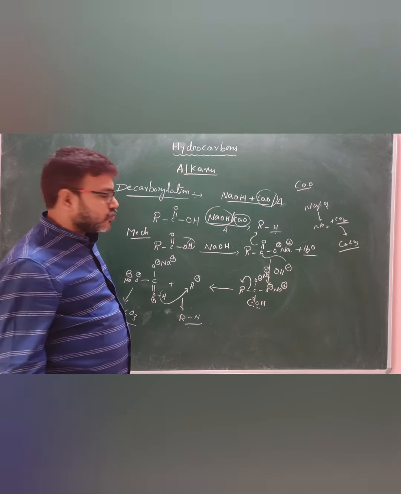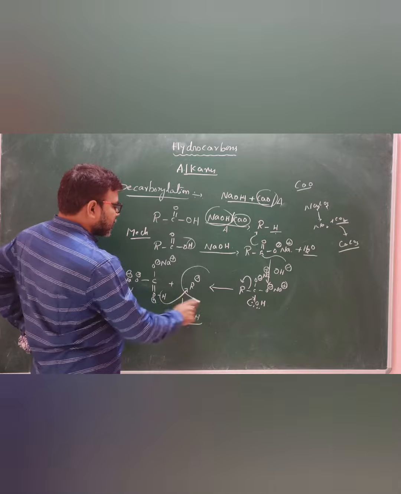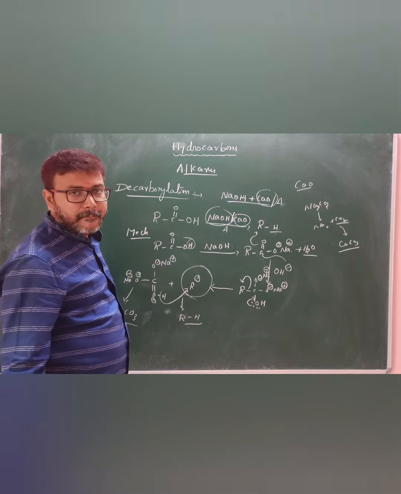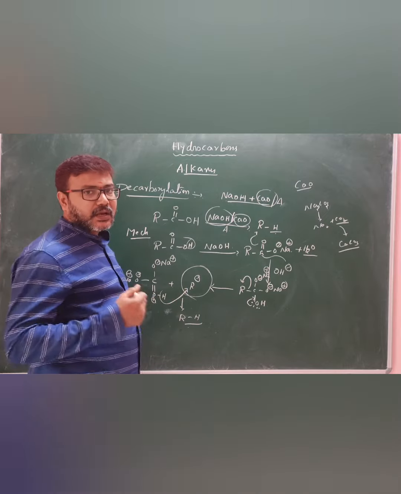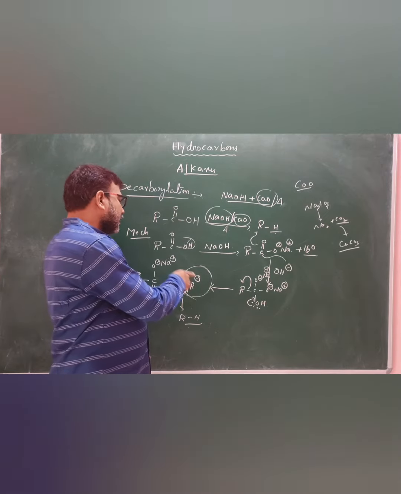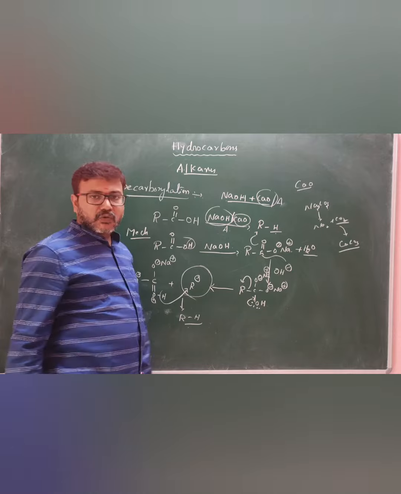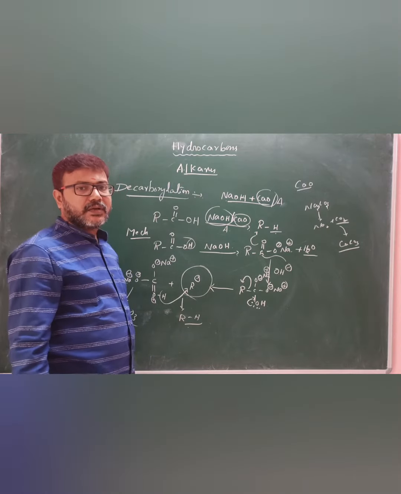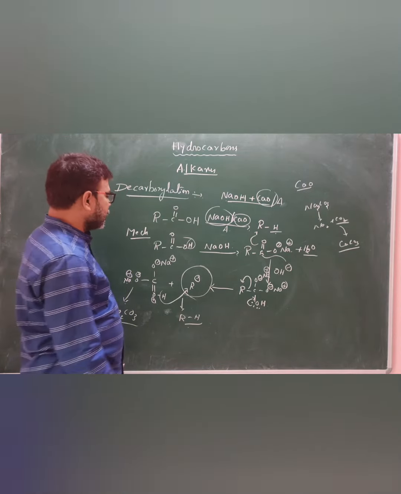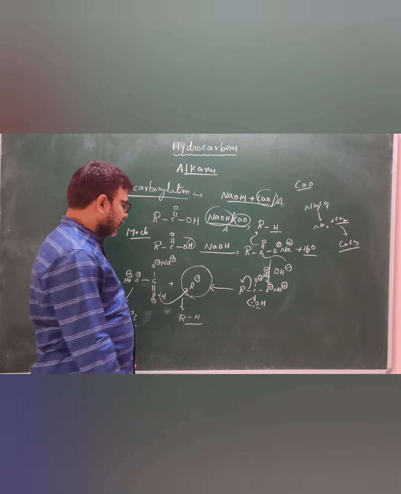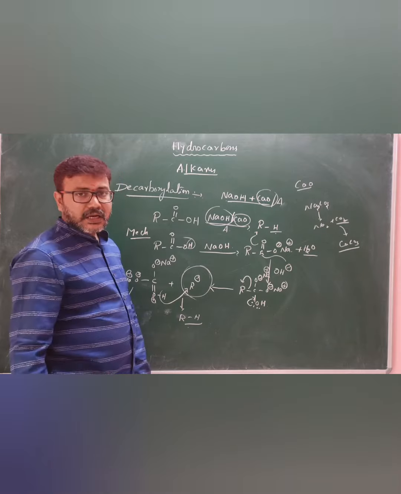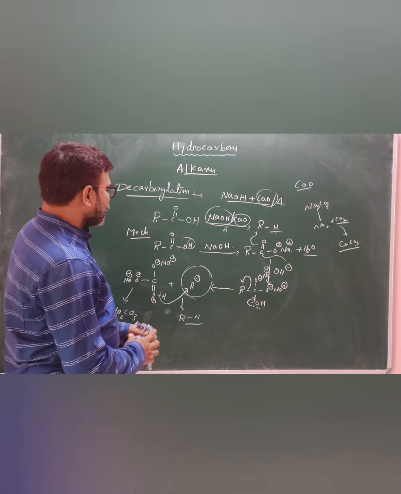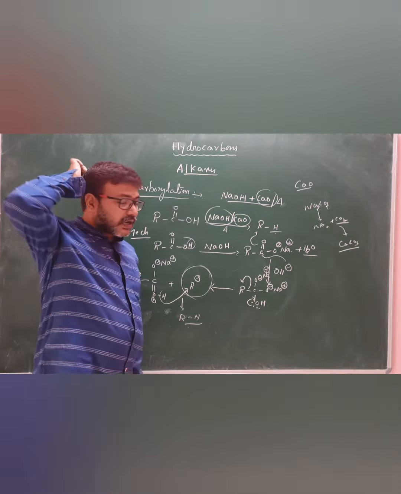It depends upon the substituent, because here the reaction intermediate is a carbanion. The anion is stabilized by the minus I effect or minus R effect. When the carboxylic acid has electron withdrawing groups, it easily undergoes decarboxylation, because the reaction intermediate is a carbanion. Okay, so which compounds easily undergo decarboxylation?